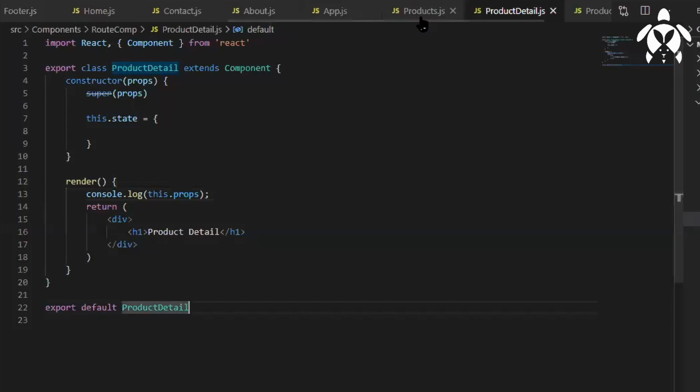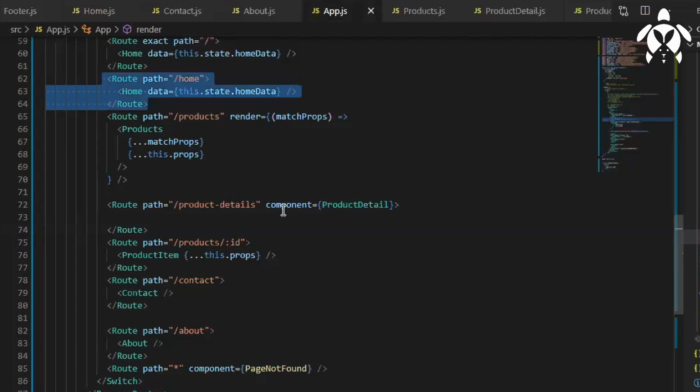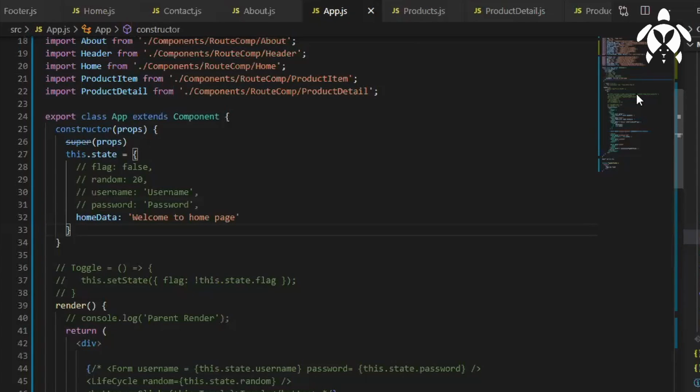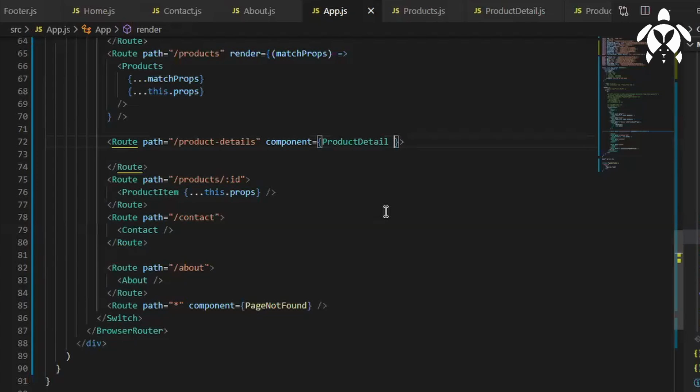That is what I was trying to achieve, this history, location, and match, which I was not getting earlier. But when I was trying it like this, if I want to pass some data which is there in the state, let's say home data, I cannot pass it like this. It's wrong. There will be a scenario where you need to pass the data from your app component along with the routes.